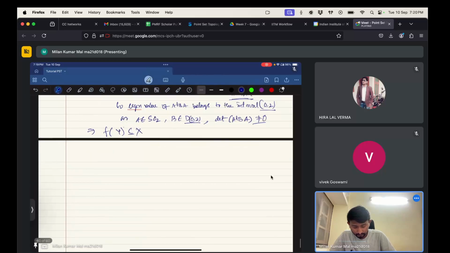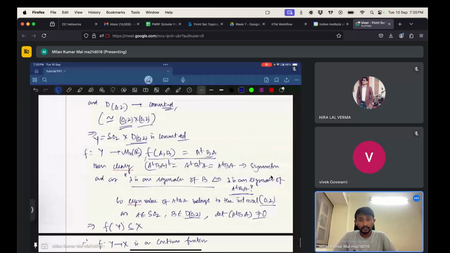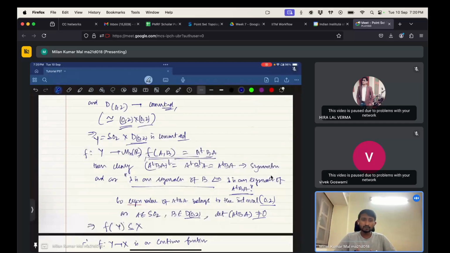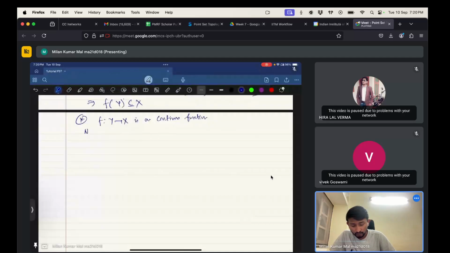That means F from Y to X is a continuous function. Why is this a continuous function? Because if you look at how it is defined, F(A, B) equals A transpose B A. So this is something like a polynomial, an n by n polynomial going to an n by n polynomial, and so this will be continuous. Okay, the first fact is that F is continuous. Now to show